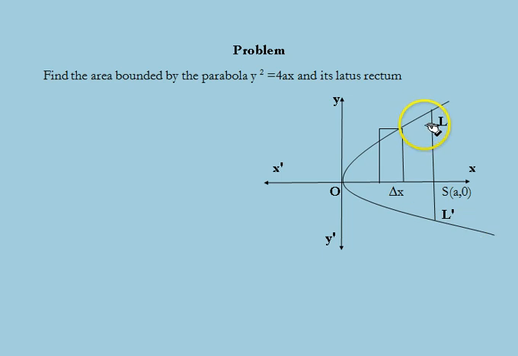The required area is L O L dash L. Since the curve is symmetrical about the x-axis, the required area is equal to twice the area of